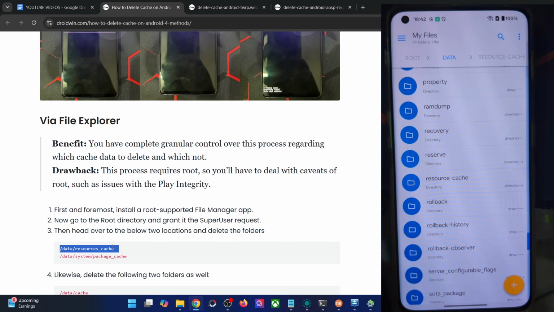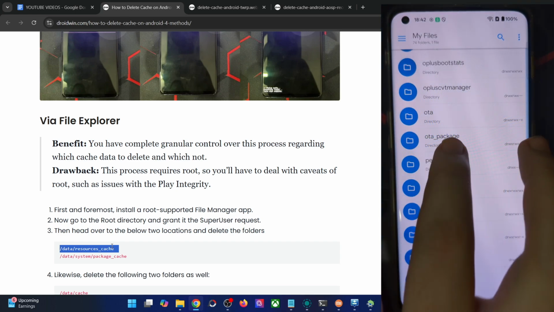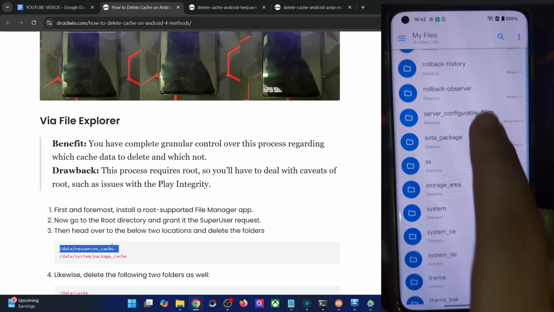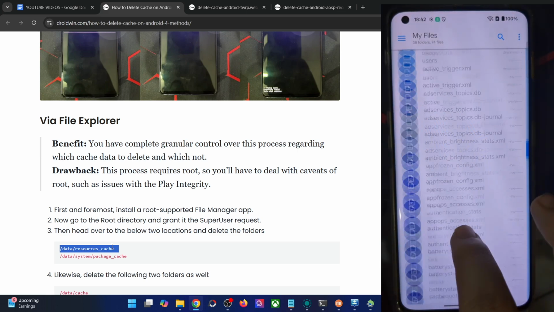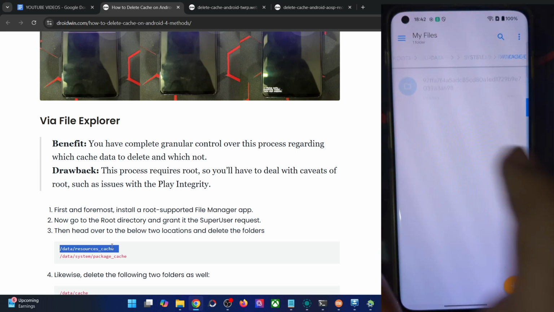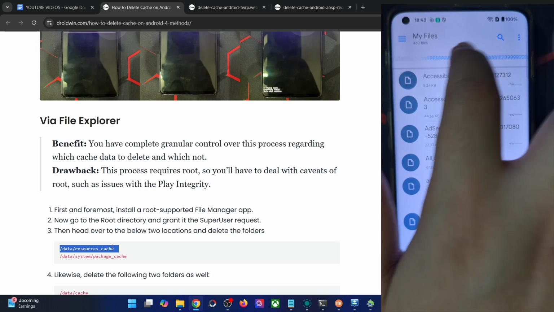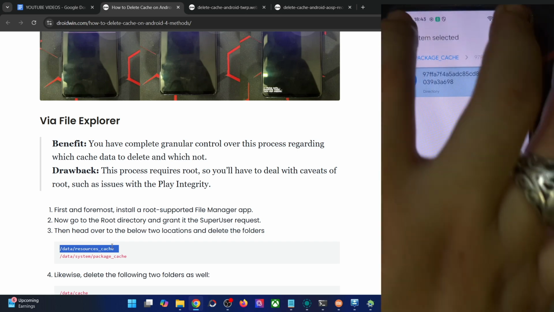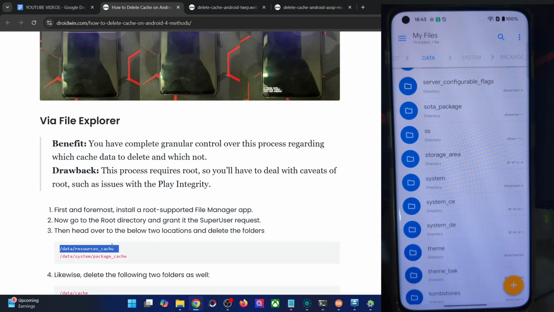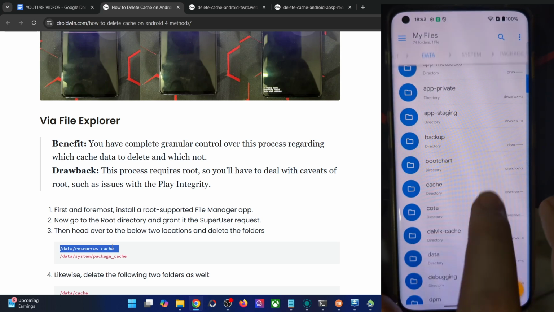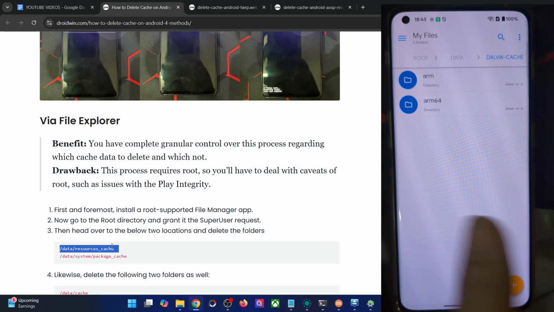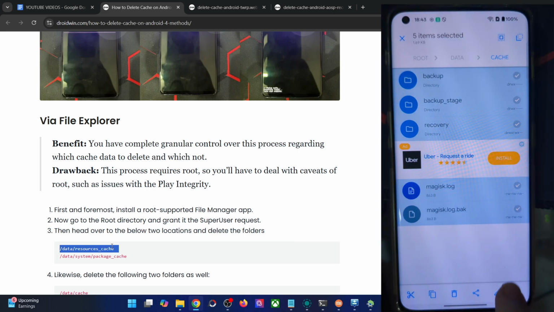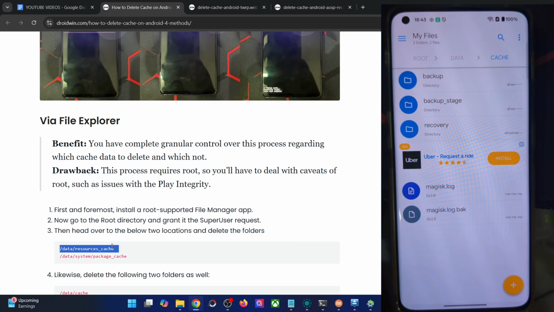After that, you have to go to the data package cache folder, which is here. Just give me a second. It's the data system, then package cache, data system, and over here you will see the package cache folder. This is the folder. Go and remove all the files from here. You may remove the entire package cache folder from here. Hit the remove button and remove the folder. After that, once again go to the data directory and now delete the following folders, the Dalvik cache, and the cache folder. So remove it, and with this all the cache has been removed.